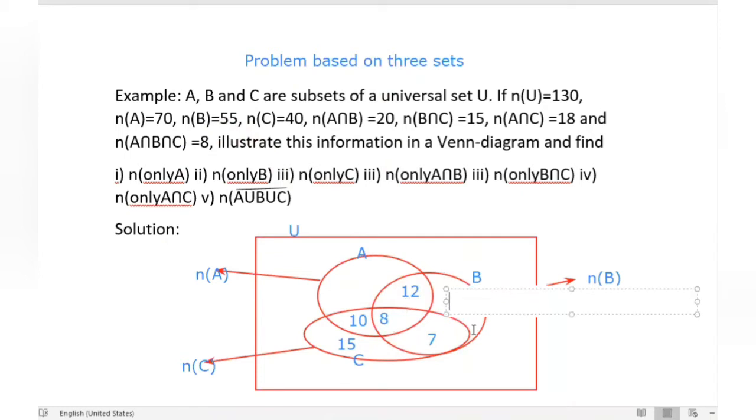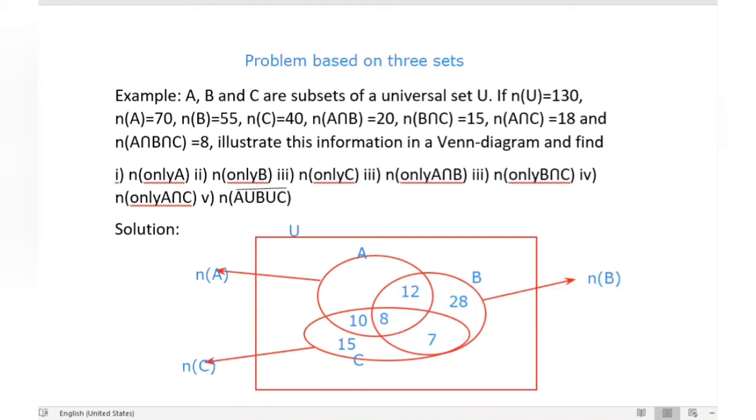We need 28 because the total here is 55. Now we can check: 28 plus 12 is 40, 40 plus 10 is 50, plus 5 is 55. Done.